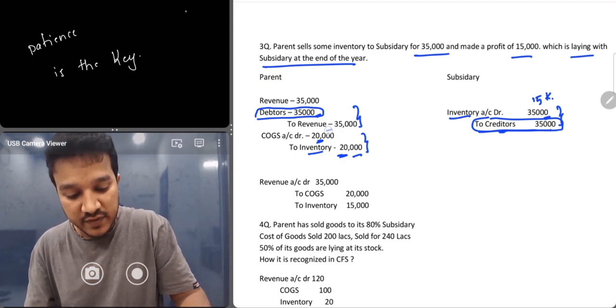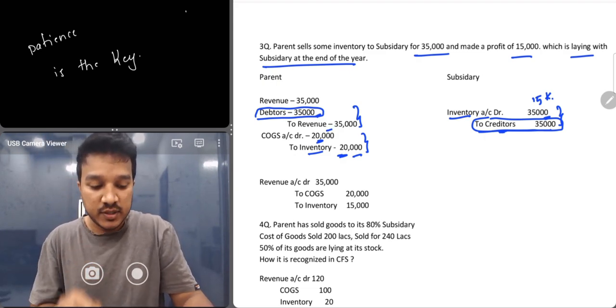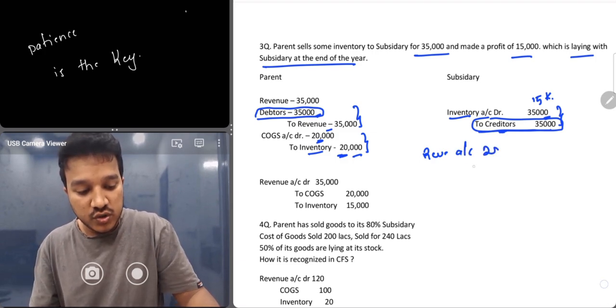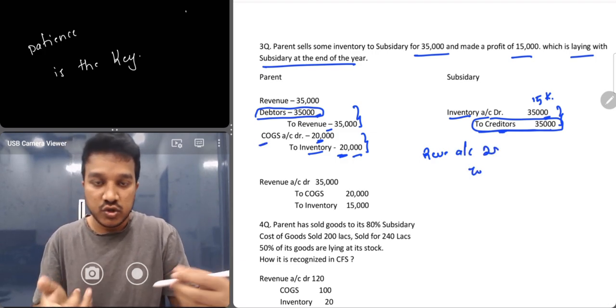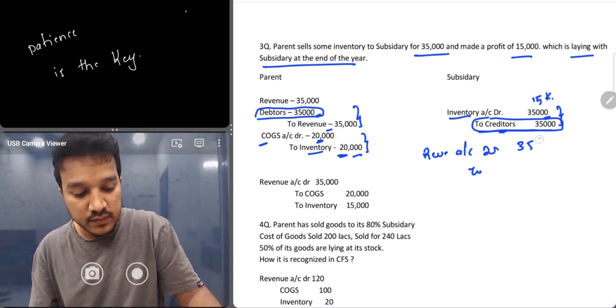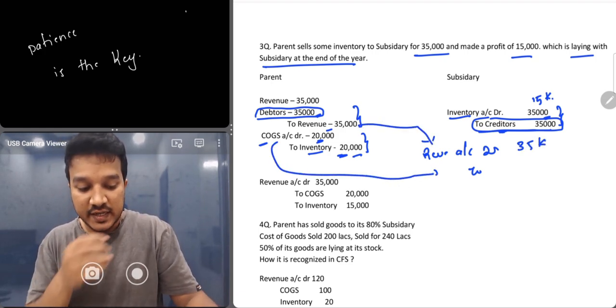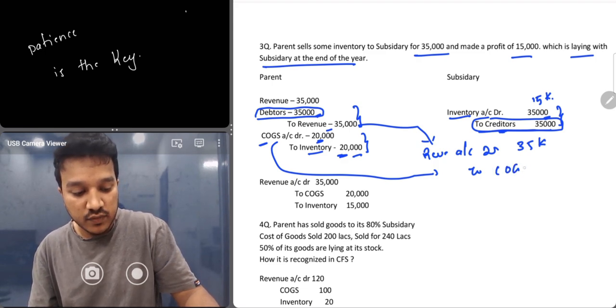बाकी क्या बच गया तुम्हारा, रेवेन्यू बच गया, सो यू विल डेबिट रेवेन्यू जो क्रेडिट हुआ है इंडिविजुअल फाइनेंशियल स्टेटमेंट्स में, यू विल डेबिट इट, रेवेन्यू अकाउंट डेबिट ठीक है। और कॉस्ट ऑफ गुड्स सोल्ड जो है यहाँ पे, रेवेन्यू अकाउंट कितने का 35,000, ठीक है, ये हो गया। एंड देन नाउ कॉस्ट ऑफ गुड्स सोल्ड विच इज़ डेबिटेड, नाउ यू आर क्रेडिटिंग कॉस्ट ऑफ गुड्स सोल्ड